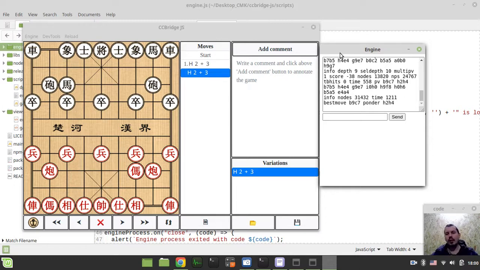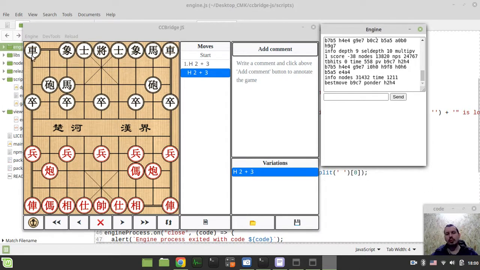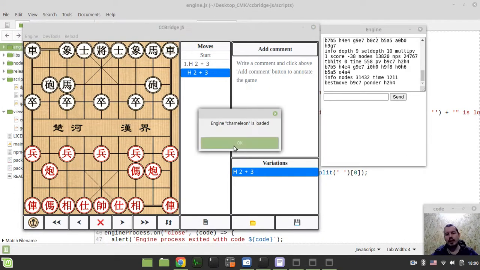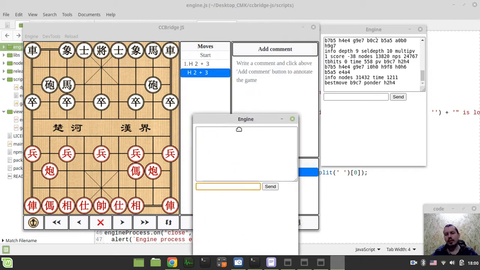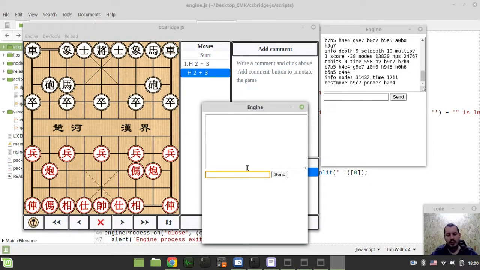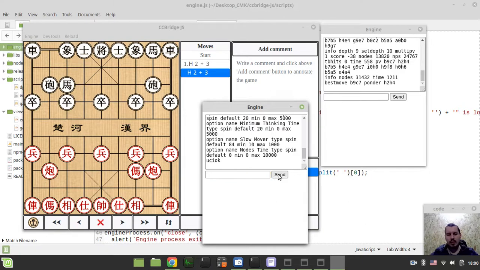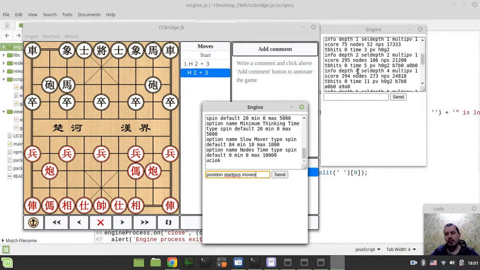From now on, it's actually possible to use several engines. So let's say I load another one, it just loads exactly the same one, but here I would be able to run another engine. And here, if I say again uci and ucinewgame, and initialize the position, so position startpos moves, and now these two moves I need